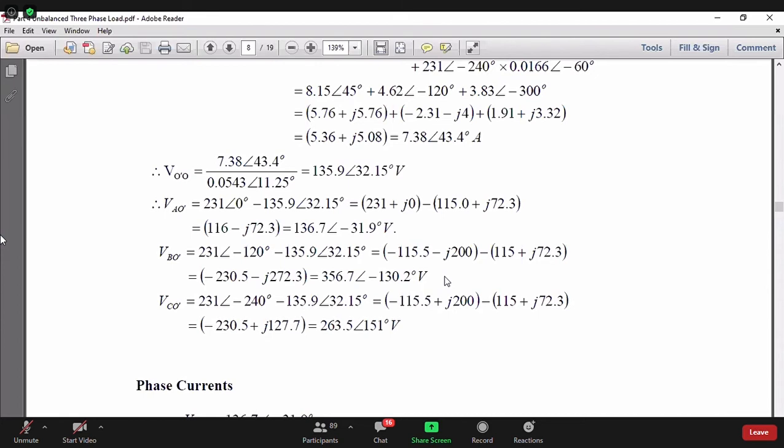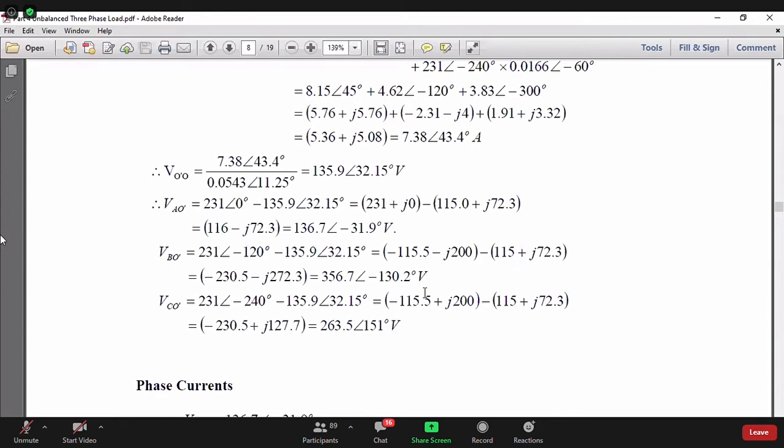So therefore, unbalance can play havoc on our system, on our equipment, on so many things, because 356 is so high a voltage. So that's why our power companies always do so many things to keep the unbalance as low as possible. This is the reason I am showing you the problem. All these problems have been chosen to show you something of practical importance.